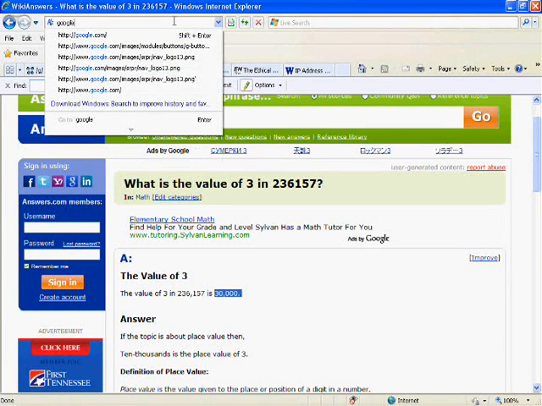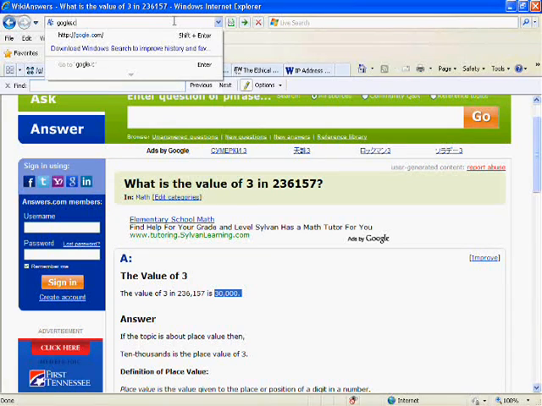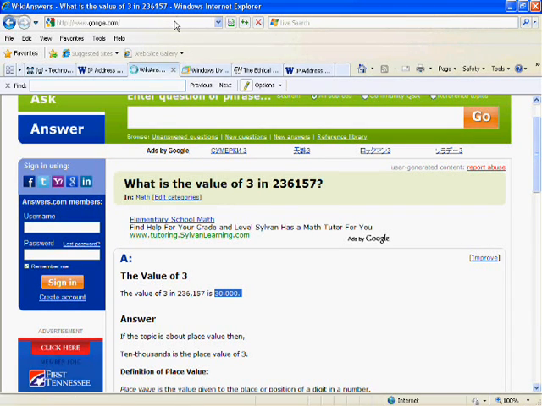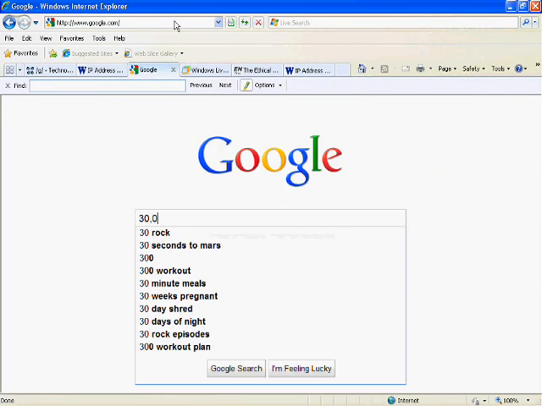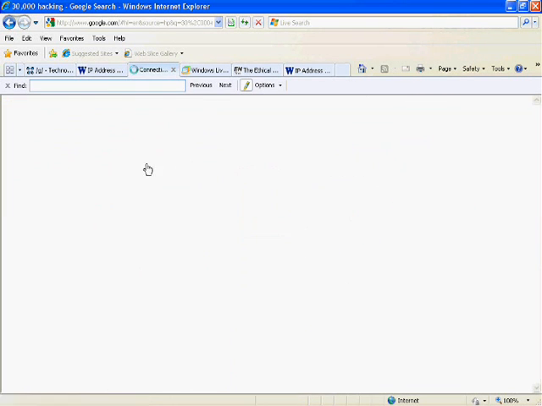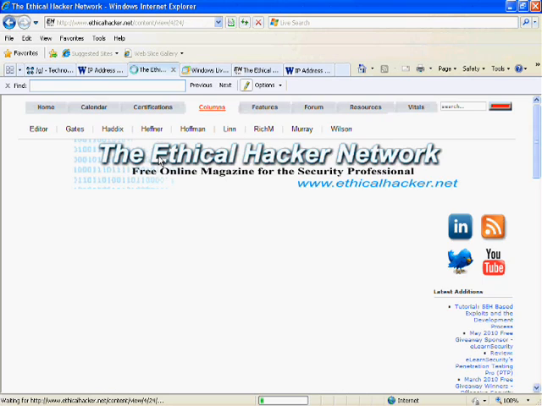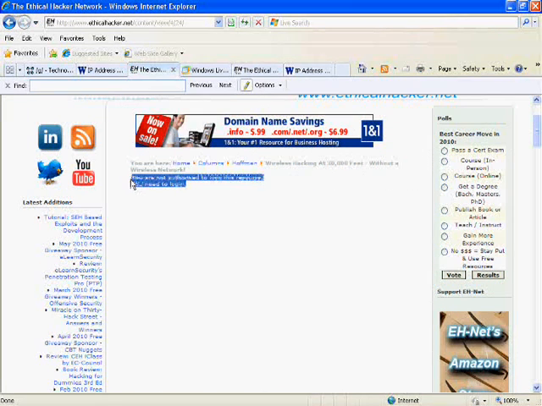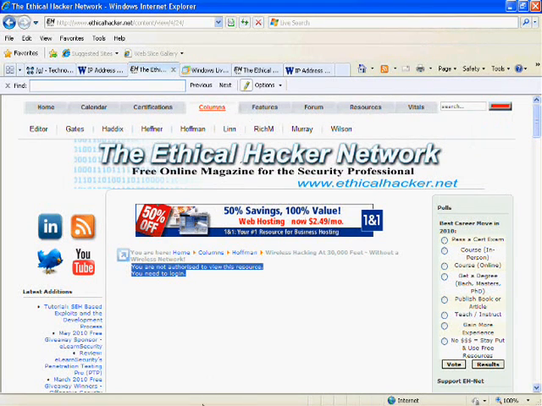Now we're going to go to goggle.com. So now we're going to type in 30,000, and then let's say hacking, for instance. We get this network right here. This is his network. He made this website. We get your authorized login, which means he has a firewall, and he uses Norton, most likely. That's one of the good ones for it. So now from here,